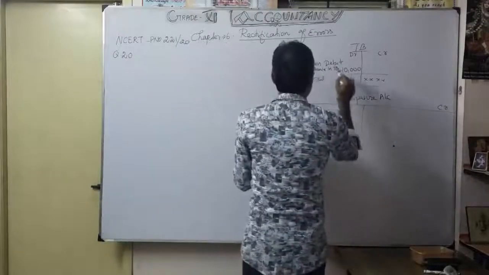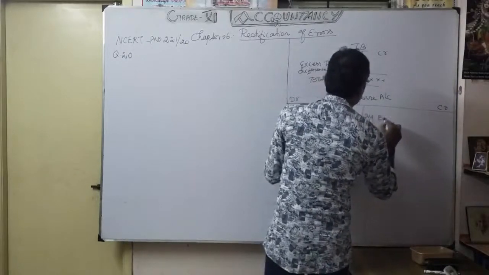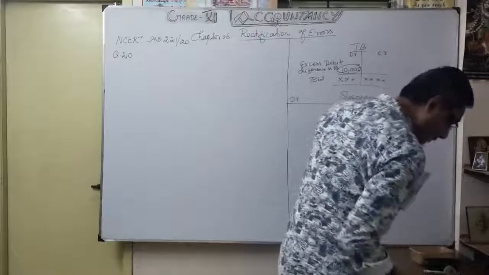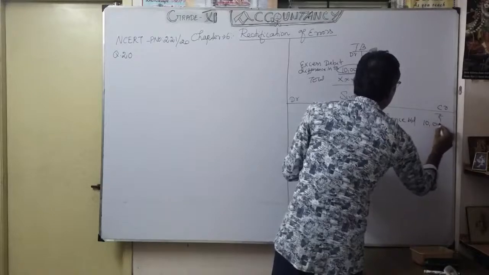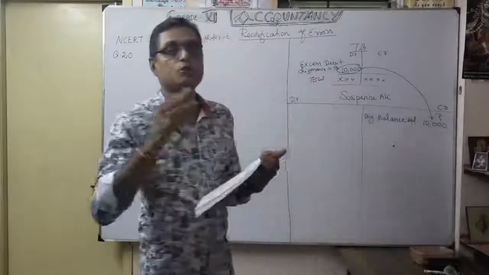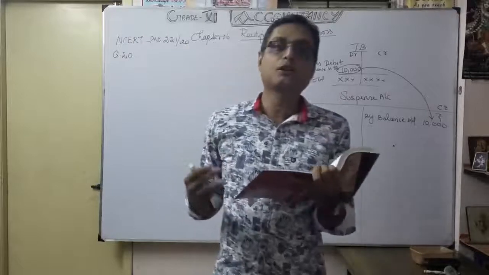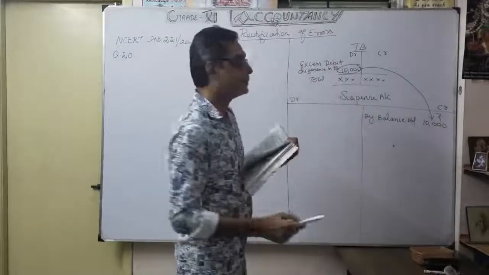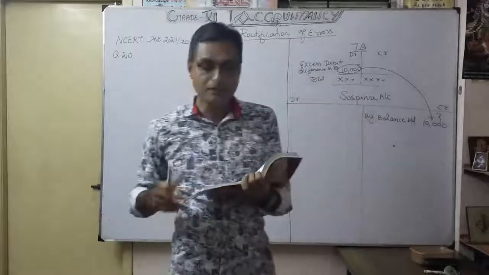Whenever there is a difference in the trial balance on the debit side, you open it with by balance brought down. Understood? By balance brought down, 10,000. First you open the suspense account. Here they clearly gave that the trial balance of Raju showed an excess debit of 10,000. Debit side. So when you open the suspense account, you show it like this: by balance brought down 10,000. That's what we're going to start now.